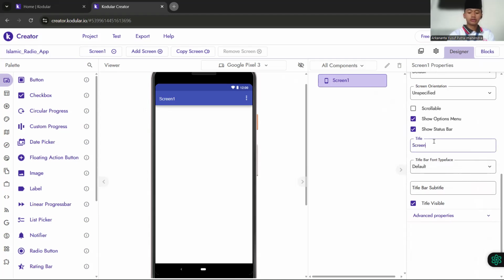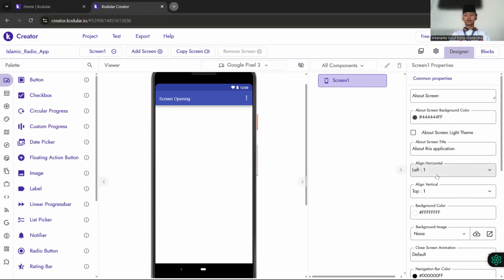After that, we can change the title of the screen to Screen Opening. Then change the horizontal alignment to center. Why?